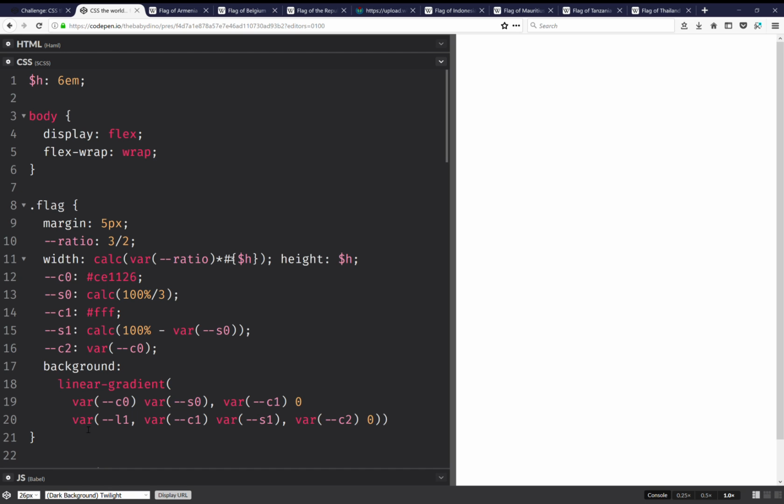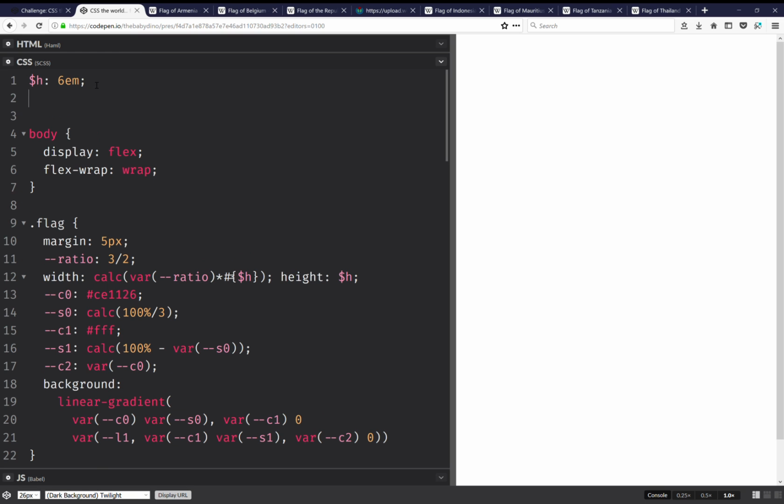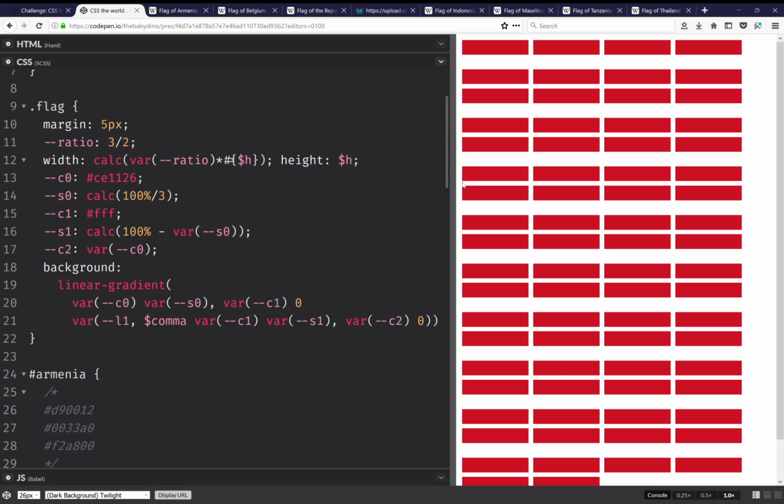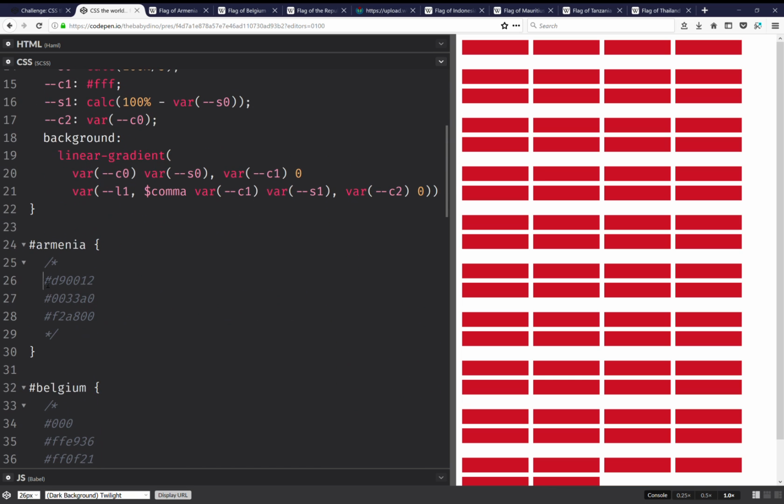But if I'm not going to have this line, if I'm just going to have empty instead of it, I can't just put a comma outside. So I need to put it inside in here. And I can't put it like this, like in Sass. I need to use unquote. So I'm actually going to set it here. And now this works. Okay, so here for the flag, I'm going to need to